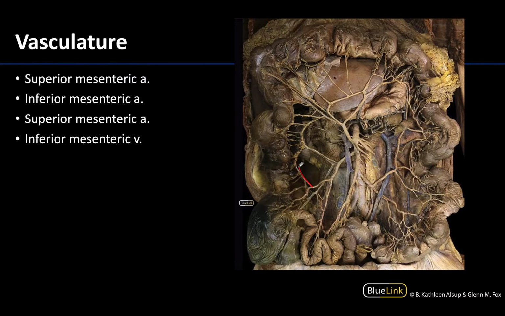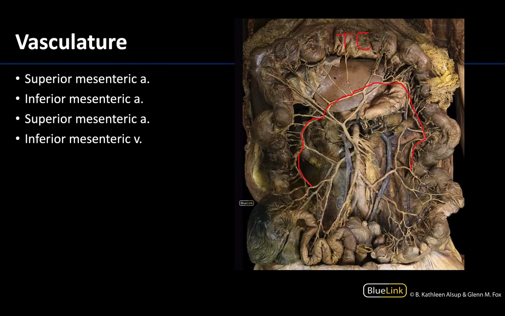First, I want you to note again the marginal artery and how it extends throughout the majority of the inferior border of the large intestine. The transverse colon again has been reflected superiorly, so there is a bit longer of a span there than would be typical. But what I really want to draw your attention to here is to review the SMA and IMA